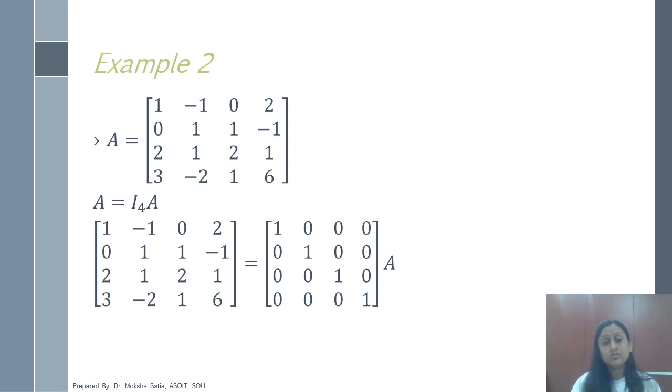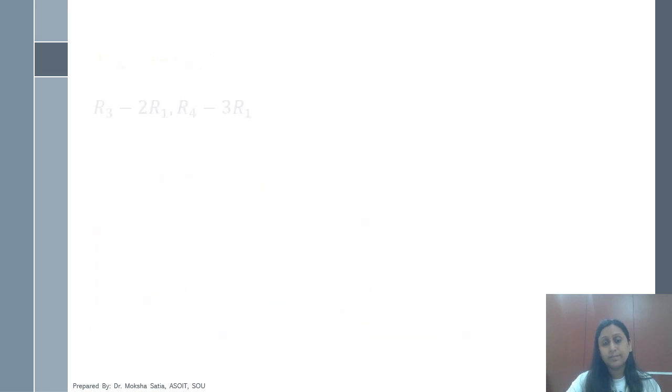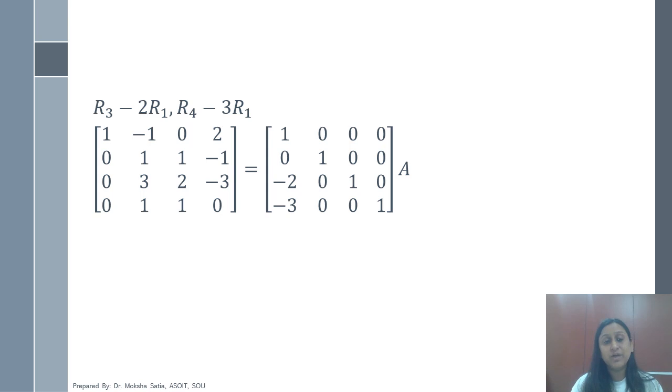Now for the Gauss-Jordan method, we need to have identity matrix. That means the reduced row echelon form of the matrix given on the left hand side. So let's reduce the matrix A to the reduced row echelon form. For this, first we'll need the operations R3 minus 2 R1 and R4 minus 3 R1, because we already have a leading one in the first place of the first row and first column. So we'll have this matrix 1 minus 1 0 2, 0 1 1 minus 1, 0 3 2 minus 3